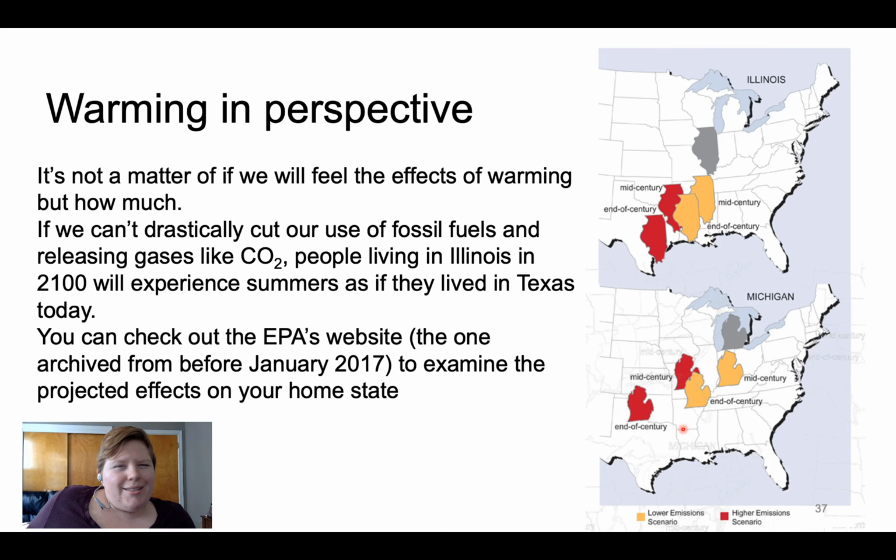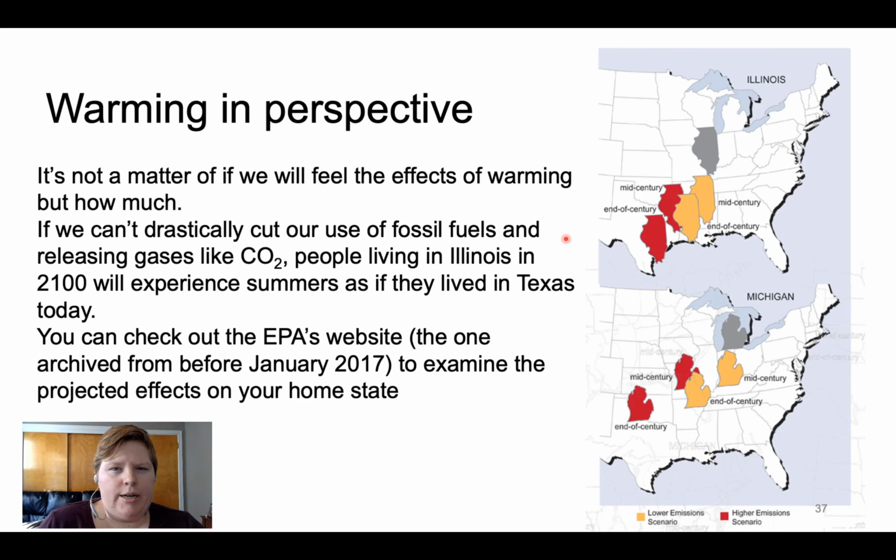So as an example of what this might look like in terms of the planet getting hotter, it will look different in different places. So the whole globe is not warming equally. But thinking about the United States, a lot of this warming is fueled by the burning of coal, oil, and natural gas. It releases carbon dioxide. This carbon dioxide gets trapped in our atmosphere and can lead to different spots of warming. It's not a matter of if something will happen in the future, we're already feeling those effects. So if we can't reduce the amount of fossil fuels we burn, if we can't reduce the amount of carbon dioxide going into the atmosphere,